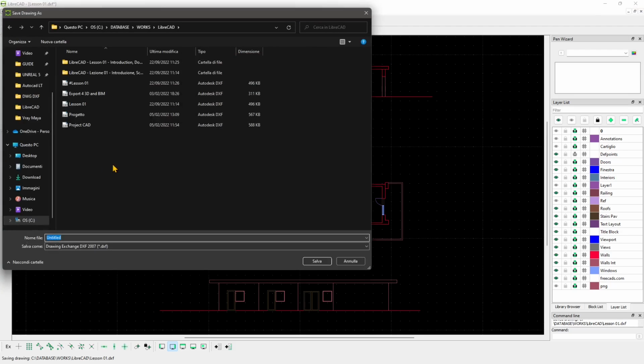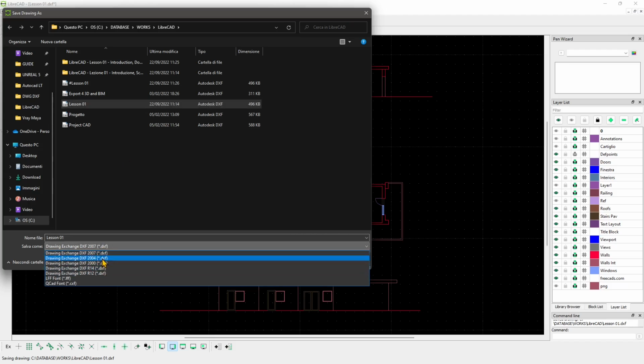And if you want to save it, so let's say that we want to save this as, there you go. So I already saved this as lesson 1. And you can see this is DXF. This is the format that is going to be used to save and also to open. So if you have DXF formats, it will be fine. But if you have DWG instead, because AutoCAD usually uses DWG, that's not going to be fine. You need to convert to DXF, or you need to export from AutoCAD or any other 2D or 3D application in DXF in order to use it in